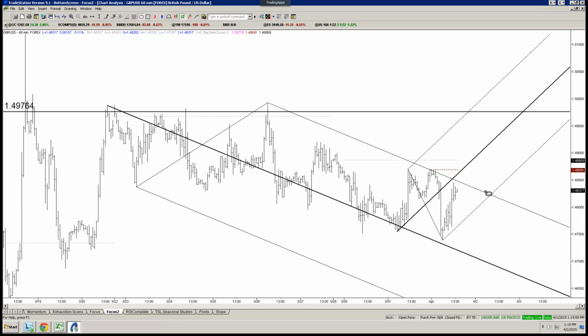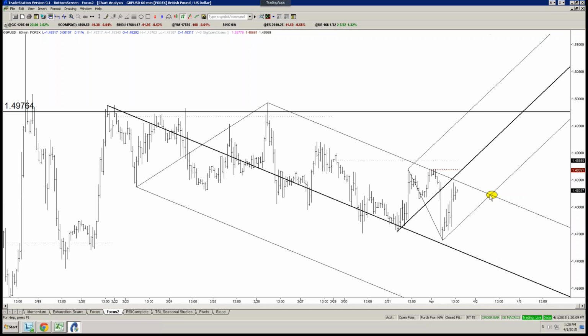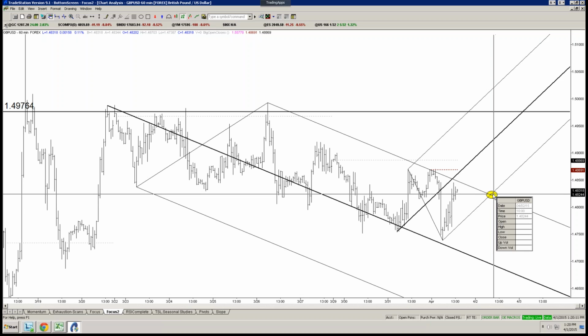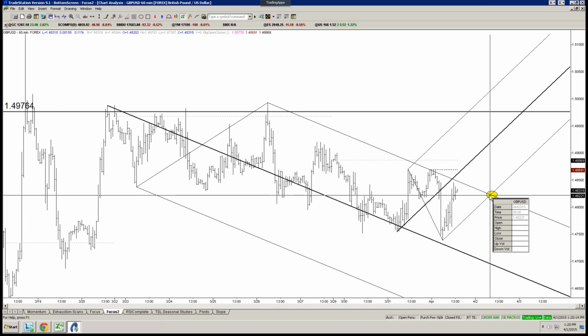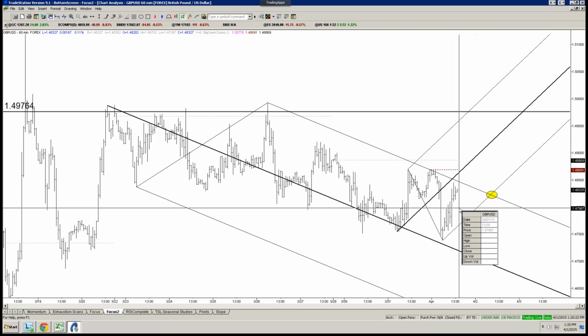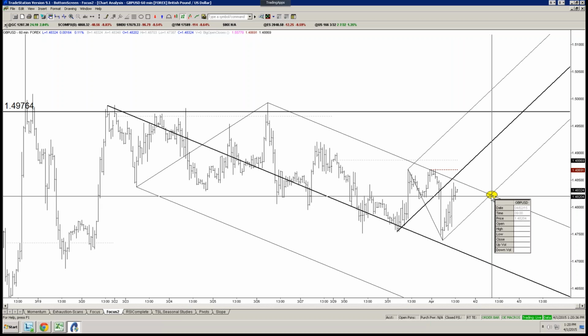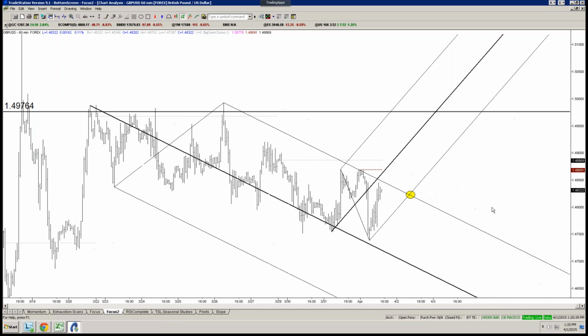This area here happens to occur tomorrow morning, right, around 8 a.m. New York time. So we could end up getting a long opportunity in the British pound near the 48.20 figure or whatever. So I would not be surprised to see pound higher overnight, in which case we would be looking for any sort of pullback, ideally to find some support at old resistance and to qualify this slope, work with some new bullish slope potentially to get long pound dollar for what could be quite a sizable swing.